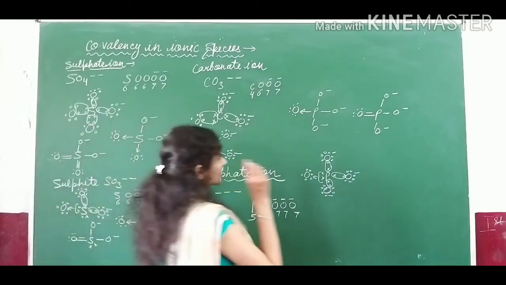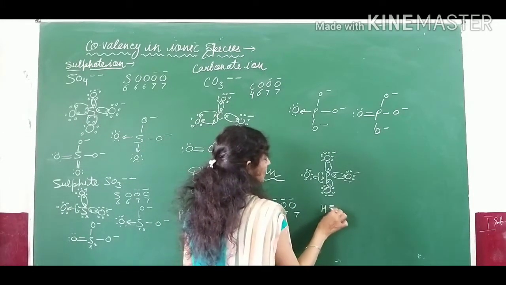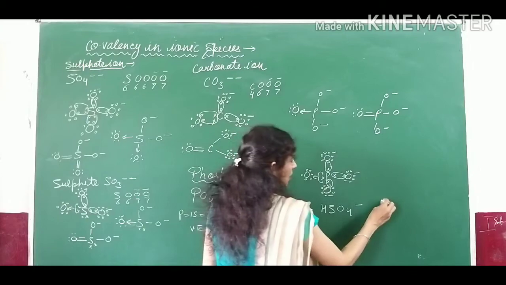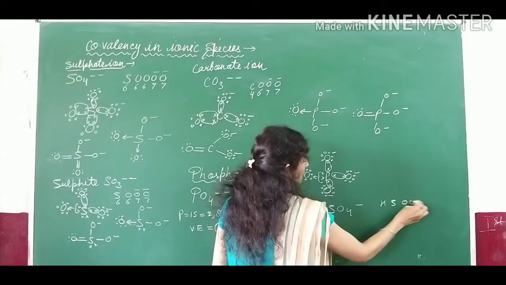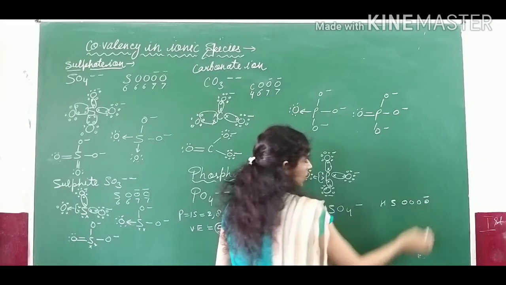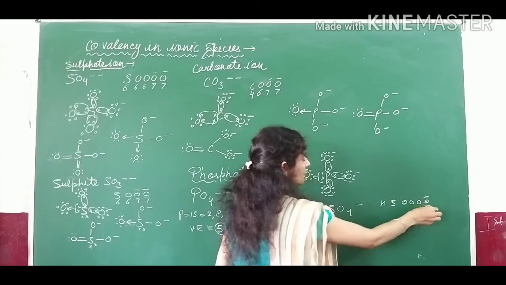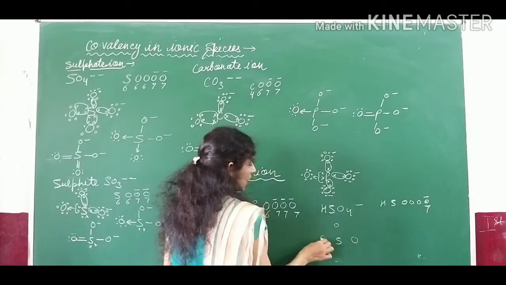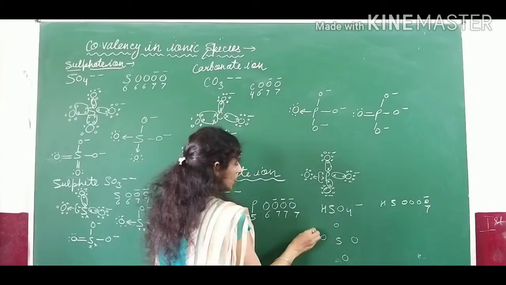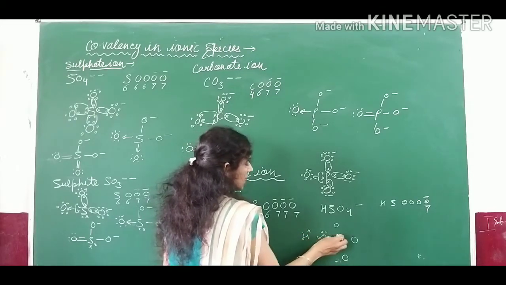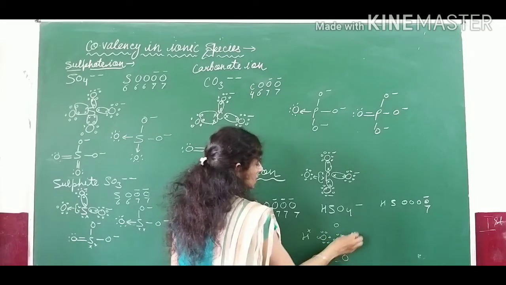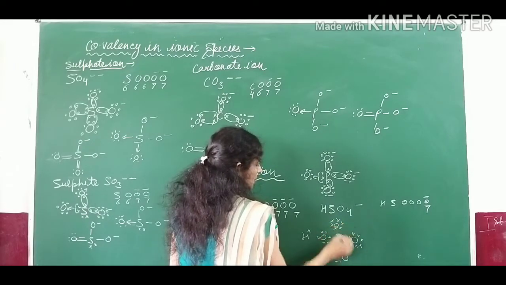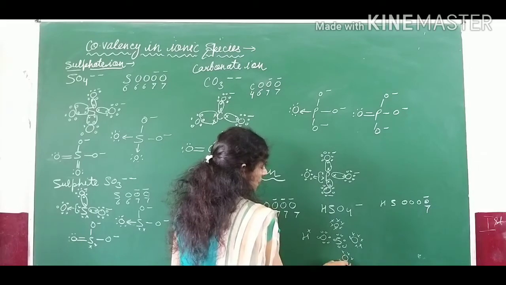Okay. So now one more case let us discuss. Hydrogen sulfate ion, HSO4 negative. So in that case what will you do? Sulfur, hydrogen, sulfur, oxygen, 1, 2, 3, 4. So one oxygen will be having 1 negative charge, so that means 7 electrons will be present on it. So sulfur you have to keep in the center. Now 4 oxygens are to be kept here. 1 hydrogen is to be here. 1, 2, 3, 4, 5, 6, and the same 1, 2, 3, 4, 5, 6 on the others, and 1, 2, 3, 4, 5, 6 and 7.